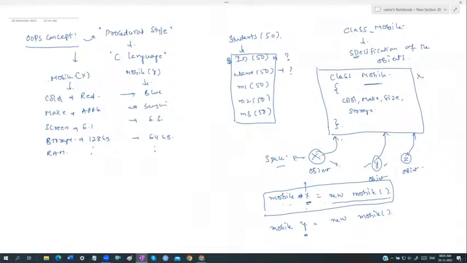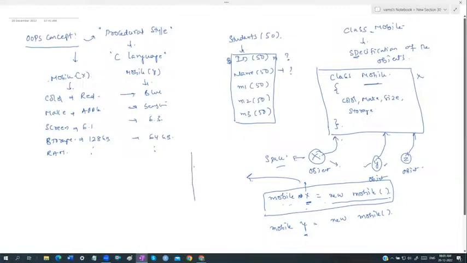So like that, it's not restricted like you have to create only 3 or 4 or 5 or 10 or 100 or 1000 or a million. You can create as many objects as we want, guys. As many objects. Now let us have a discussion about what happens when you say X,